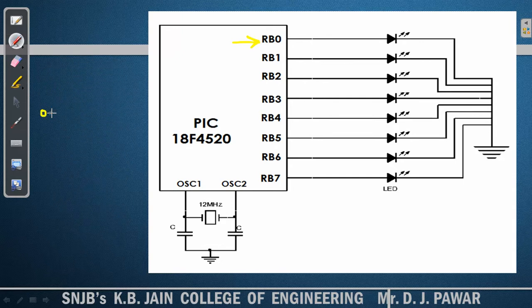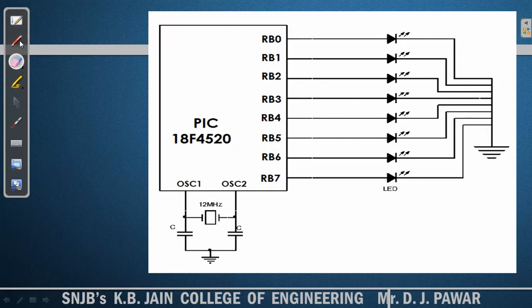The working principle of LED is very simple. It is one diode, a light emitting diode. It has 2 terminals, anode and cathode. When a supply voltage, let us say some positive voltage, is given to the anode, and a ground is provided to the cathode, the LED turns on, meaning it starts emitting light. This working principle is followed in this interfacing also.